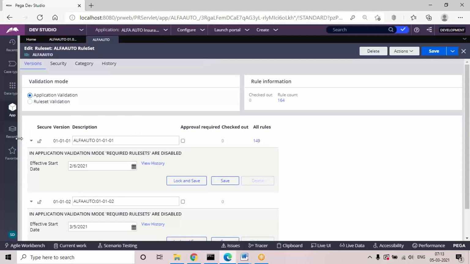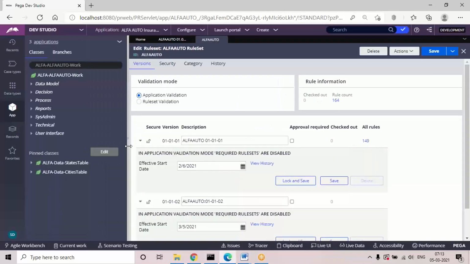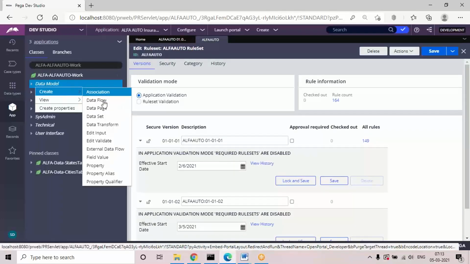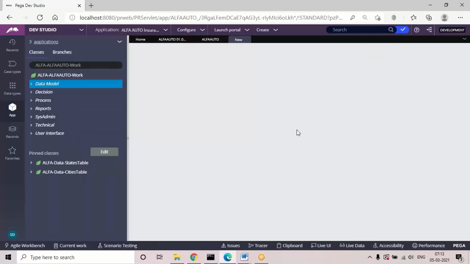If you try to open any rule here, earlier by default it would take 010101.